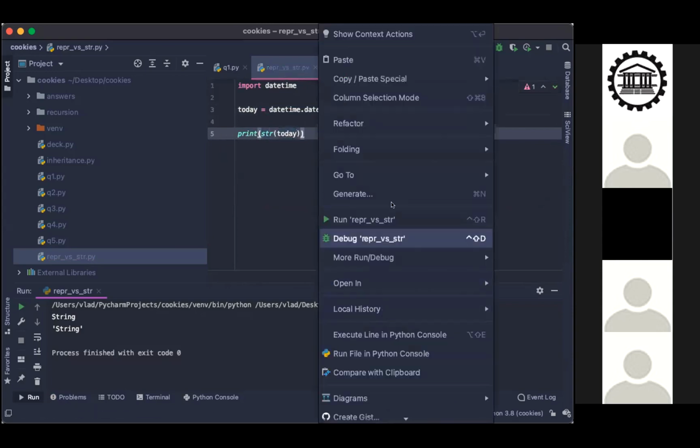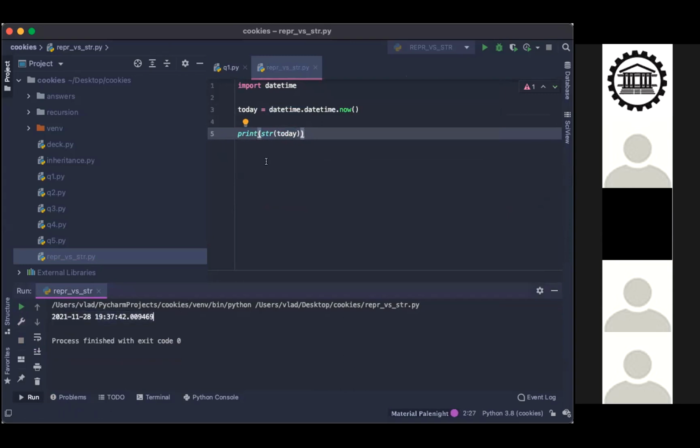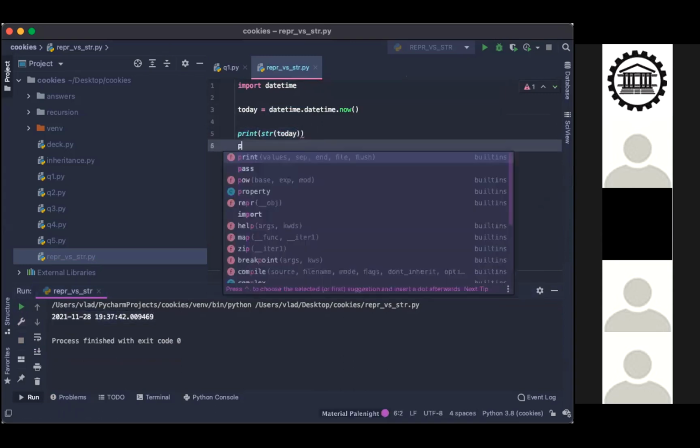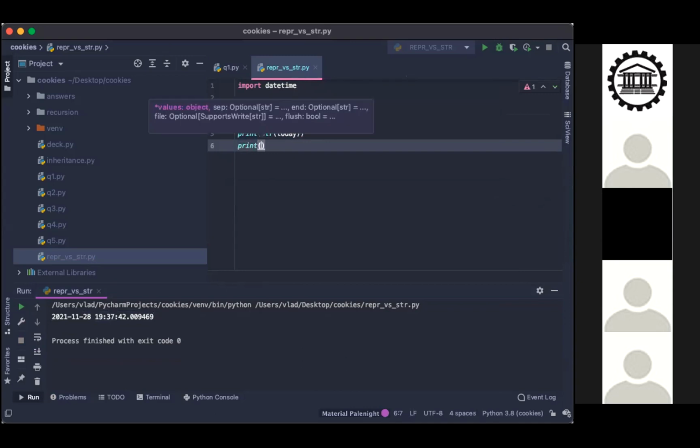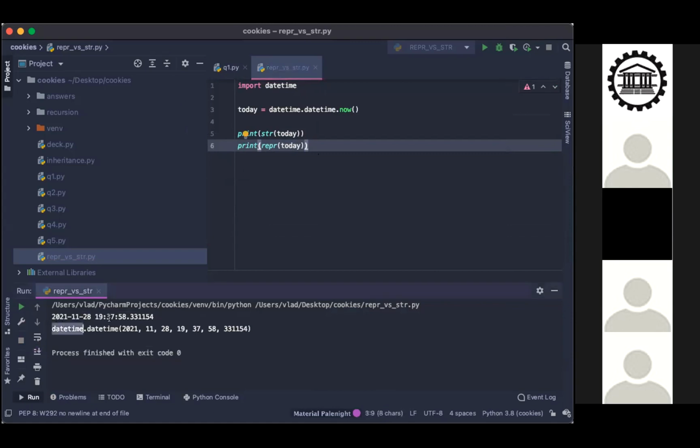And here's what it gives us. It gives us the time right now and the date. But if you printed the representation or the canonical representation, it would give you more debugging stuff here. So here, we see that we also have the type of the data as well. And so this would be used more for debugging. Does that make sense?